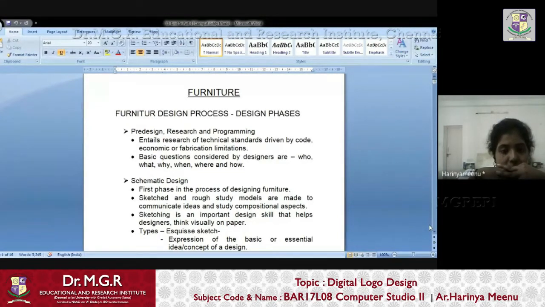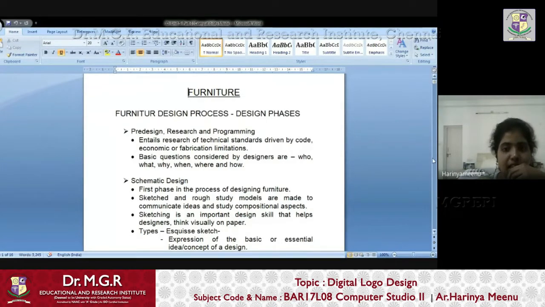And what is the purpose? Is it for a writing desk, or are they going to use a laptop, a digital medium, or some other mode of presentation? You need to first think of that. These things are to be considered before you go into furniture design. This is what is called pre-design.